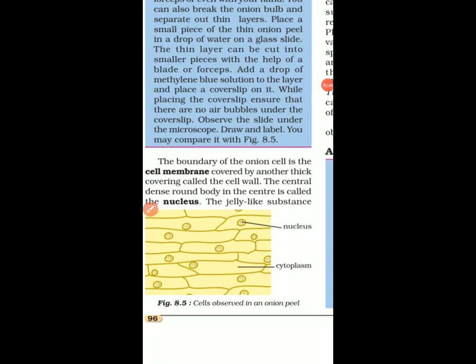Right? See, here it is. This box type जो आपको दिख रहा है, that is called cell membrane. Then this center portion which you are seeing, that is the nucleus. And the jelly-like substance जो यहाँ पे सब होता है, this jelly-like substance between the nucleus and the cell membrane, this is called cytoplasm. What is it called? Cytoplasm.